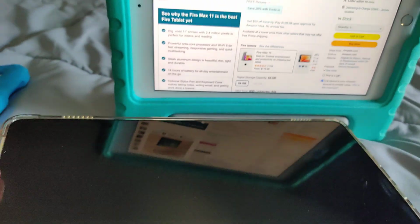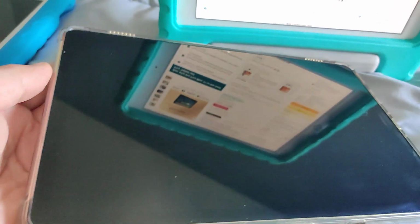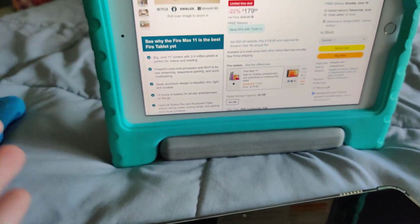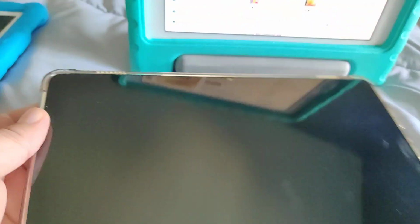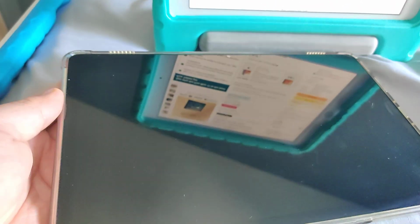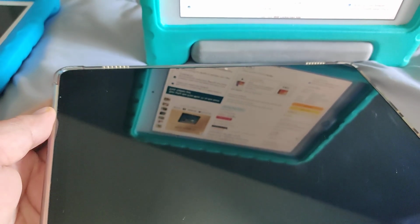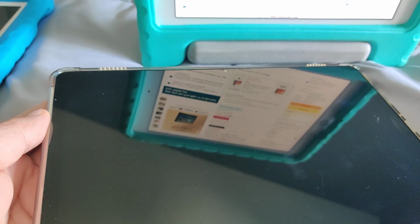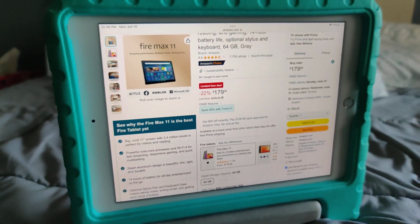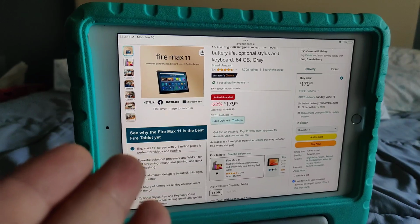Again, I've purchased old Fire tablets, and I've had issues with build quality and longevity. And so that's the reason why I also mentioned I would only pay $100, because I don't trust Amazon's build quality. It's made in China, and other previous tablets I've purchased have died within 1 to 2 years, or don't run well after 1 or 2 years. So that's my own limited experience. I'm sure other people have better experiences, but again, I would buy this for around $100, but for $180, I